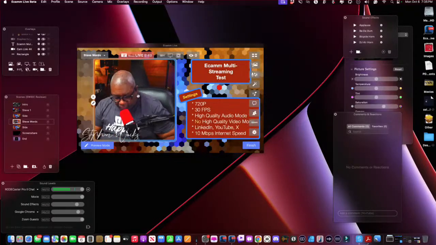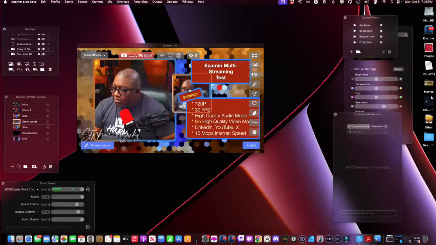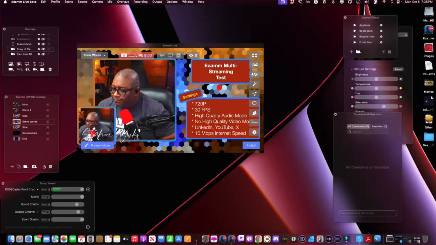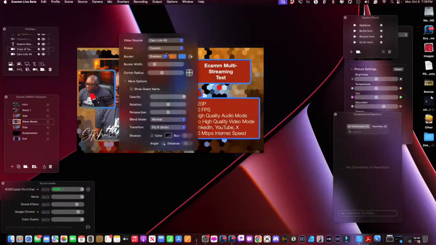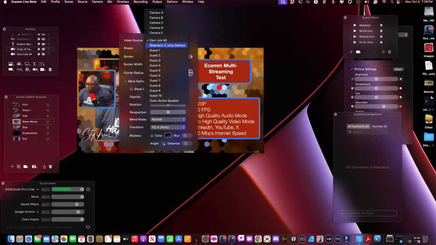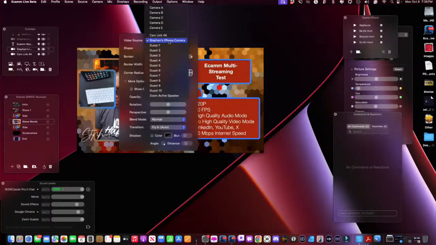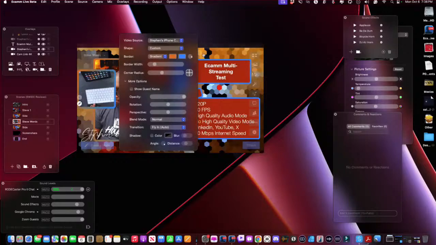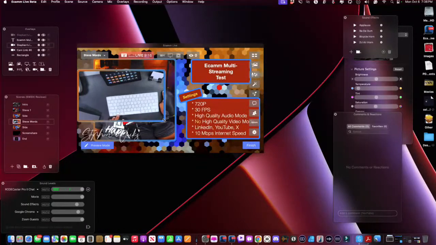The cameras, you can multiply the cameras, right? You can hold down Option and you can have multiple cameras in a scene, right? And so I could make this one, I could just turn it into my overhead. So now I've got my overhead here on the screen.